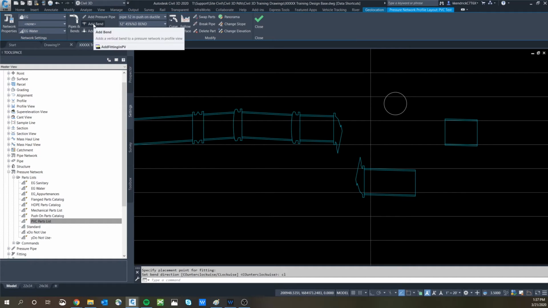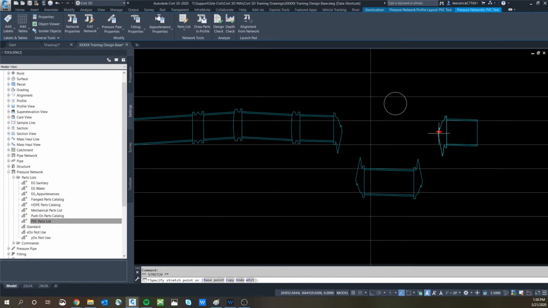So we're going to add bend again. This time we're going to go counterclockwise. So CO for counterclockwise. Put it up. And then add bend again. Counterclockwise, I think, on this one too. Yeah. CO puts it backwards. You can just slide these to get them to where they're